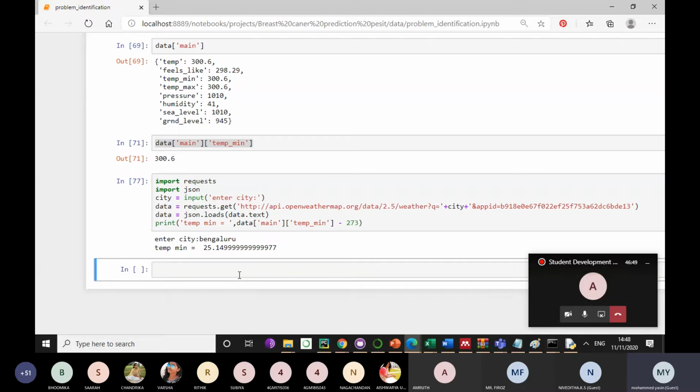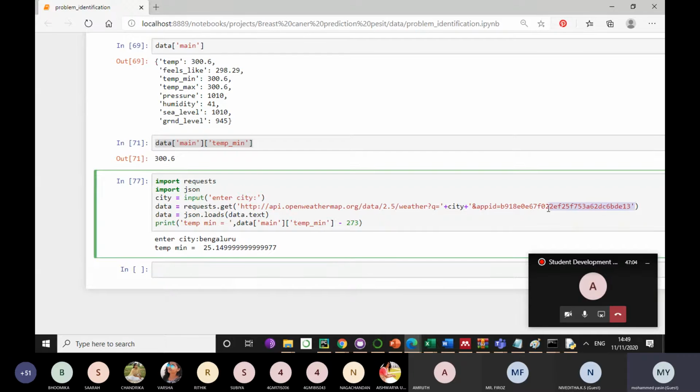So you can see 6 lines of code. It can take a city name and do this. The reason it is only 6 lines of code is because we are using an API. You're using someone else's software to do this. As we develop a project, we should not need to take a temperature sensor and all. Instead, they can directly use this.